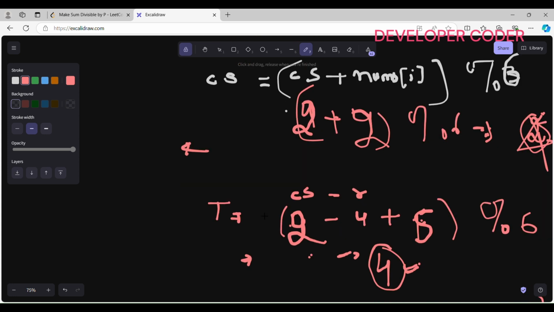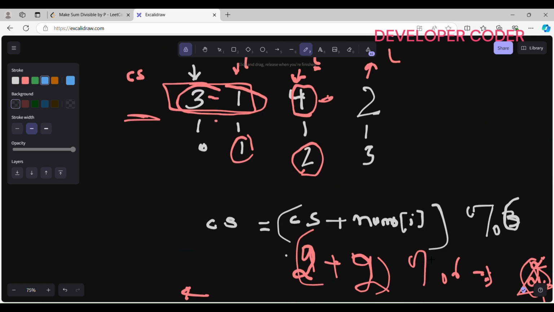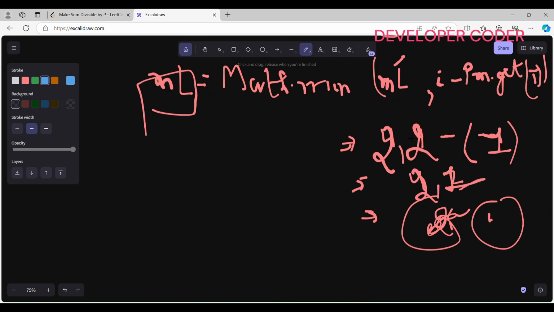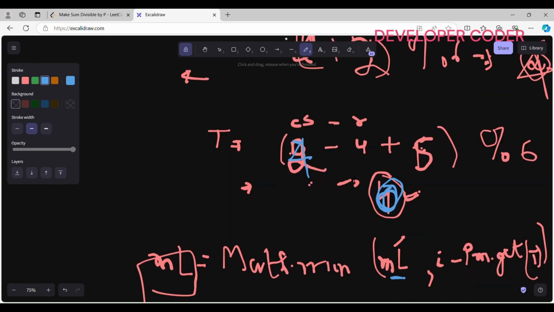Now the current sum is 4, so let me just update it directly. 4 minus 4 plus 6 modulus 6, I am getting target as 0. So this is already there, I think, right? This 0 is already there, yes, at -1. So let's calculate the minimum length now. 1 is the minimum length from last time, and this time my i is at this index